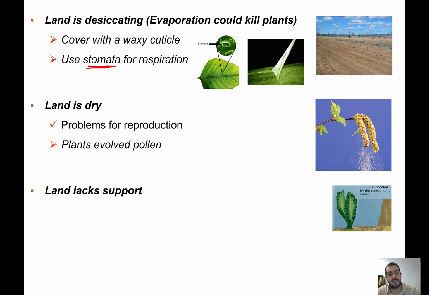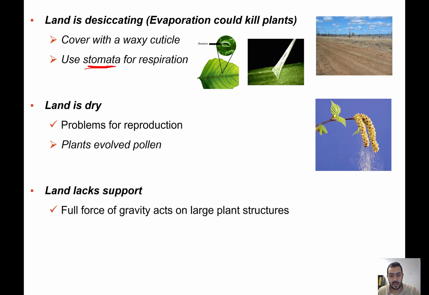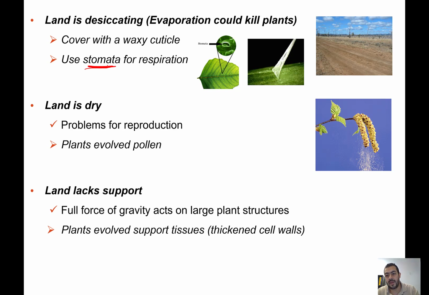Then the next challenge, as we said, was the lack of support. As we explained before, the aquatic environment helped the ancestors by supporting the body. By moving to land, the plants lack this kind of support. It's even a negative factor. Once the plants start to grow large, the gravity force will pull the branches of the trees down, which is something the plant has to solve by evolution, and that necessitated the presence of supporting tissues and thickened cell